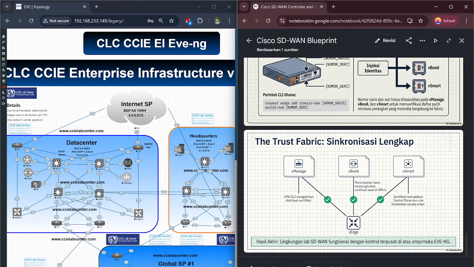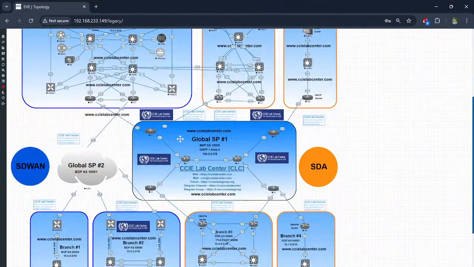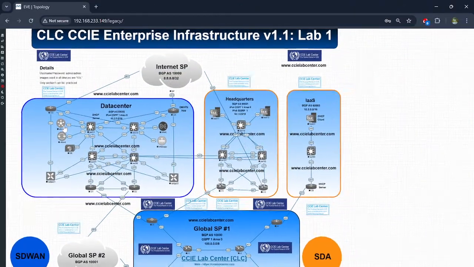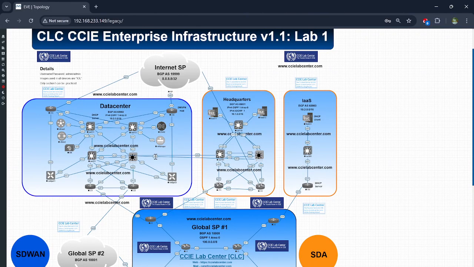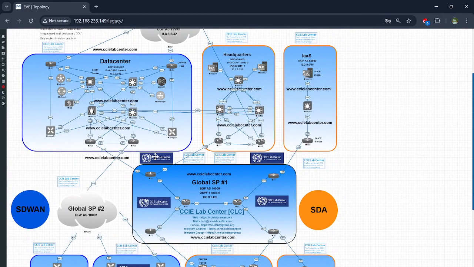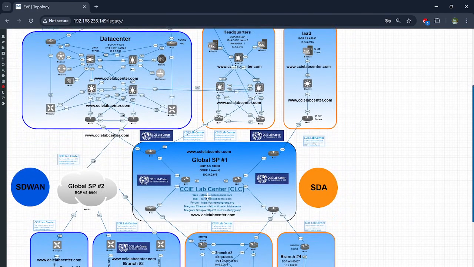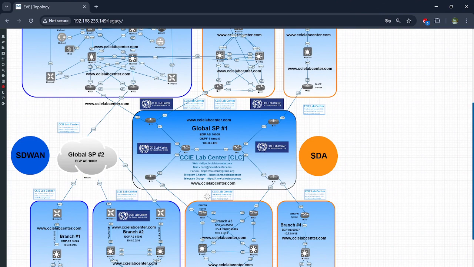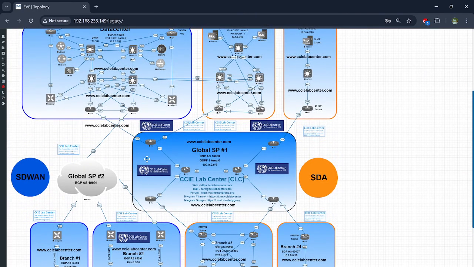Okay, and that's a wrap to sum it up: we successfully onboarded our Cisco SD-WAN controllers, vSmart, vBond, and vManage, along with the vEdge device here in EVE-NG. We started by setting up the basics like the system IP, site ID, and organization name, ensuring our VPN 512 for management and VPN 0 for transport were correctly configured.